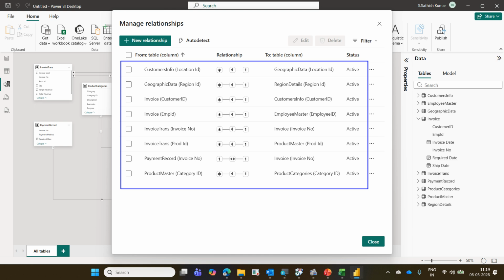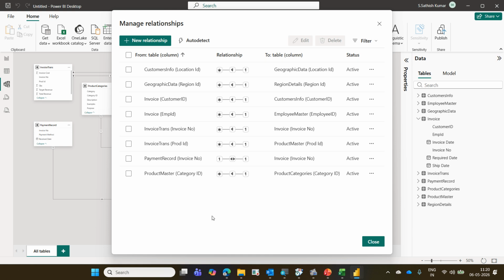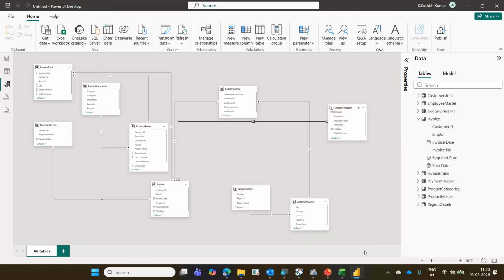Okay? Now, close it. Come back to the report view, the first button. First view, report view.